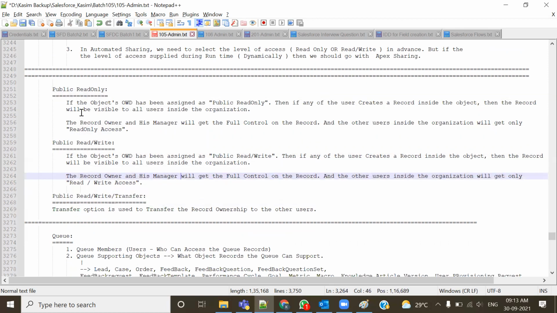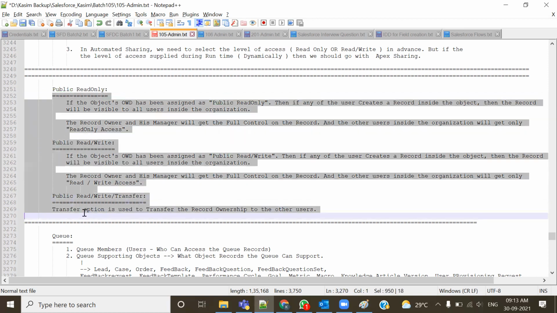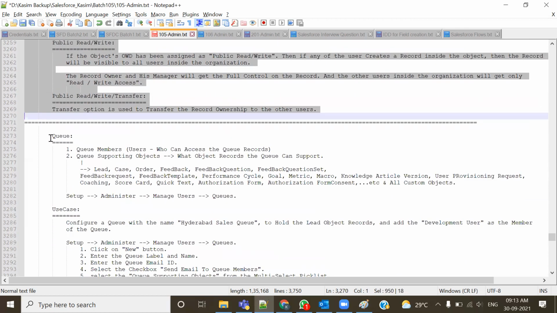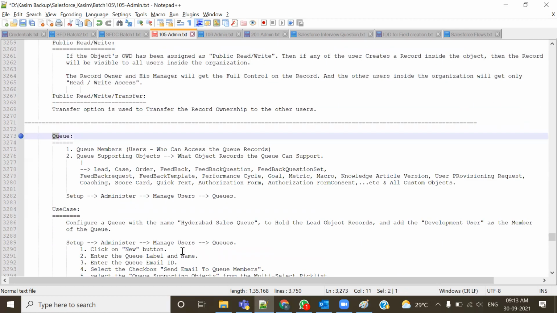तो आप कौन सी लेवल ऑफ एक्सेस देते हो उस पर डिपेंड करता है कि पब्लिक मतलब पहली बात तो रिकॉर्ड सभी को विजिबल है। अब उसमें अपन क्या कंट्रोल कर सकते हैं, रीड ओनली, रीड राइट या रीड राइट ट्रांसफर, ये हैं अलग 3 ऑप्शन। ठीक है, तो ये ज्यादा इंपॉर्टेंट नहीं है, आप इसकी थ्योरी एक बार पढ़ के समझ सकते हैं। ये OWD आज खत्म होता है, कल से मैं क्यूज स्टार्ट करने वाला हूँ।